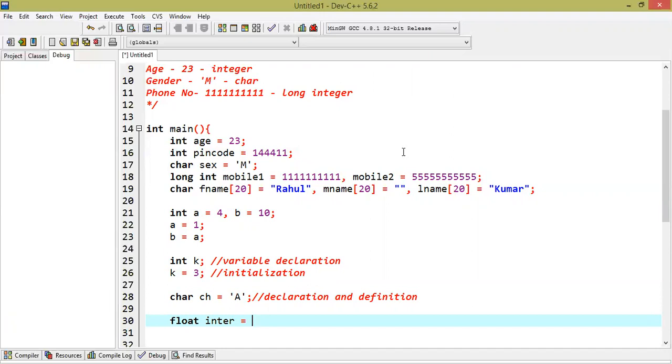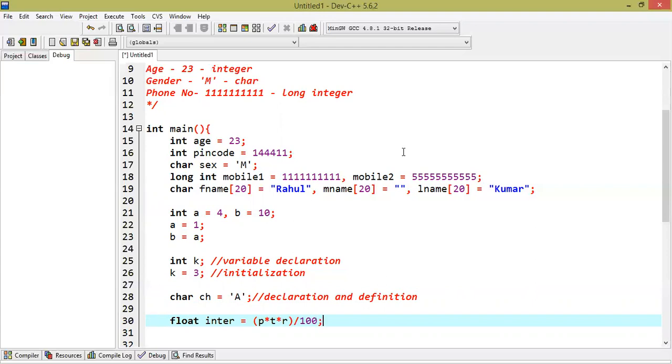So what is the equation that we know to calculate simple interest? PTR by 100. So you can implement it here. P is the principal amount, multiplied by time, number of years or months, and R is the rate. Then the complete expression must be divided by 100.